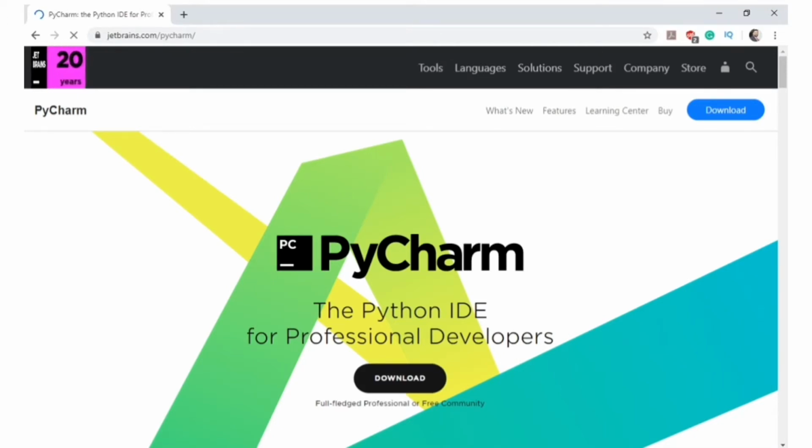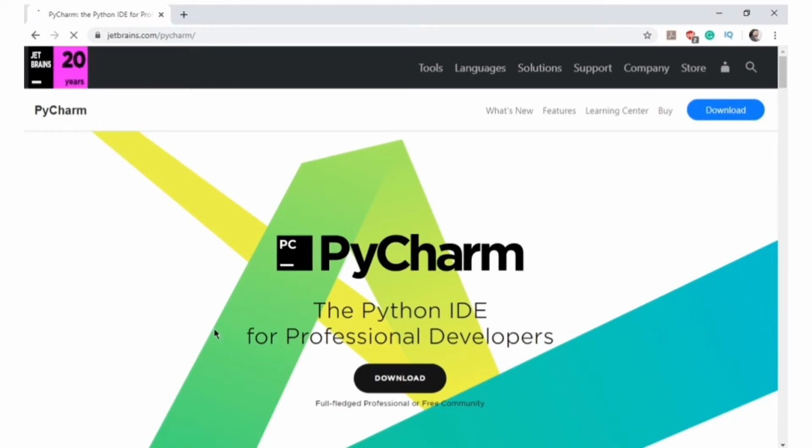Python can be programmed using a lot of IDEs and code editors, and if you don't want to do that, we have installed Python and we can go by the command line as well. But I would suggest you go by the code editor, because a code editor provides you a lot of flexibility, functionality, and it makes code writing more efficient. So we will be going with PyCharm. It is one of the most used, most preferred code editors for Python.